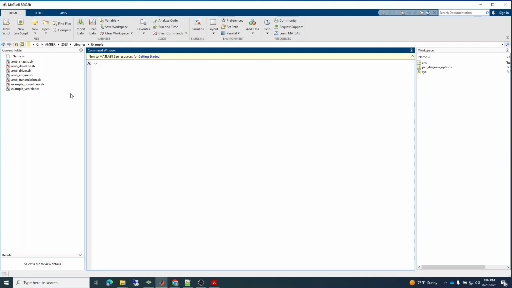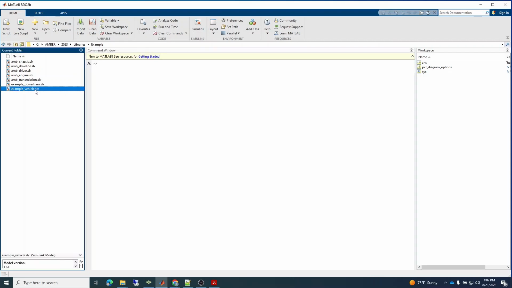Okay, in the previous videos, we took the example vehicle and broke it up into individual component models: driver, engine, transmission, driveline, and chassis, and then created one top-level architecture file for it, which we'll later import into the user interface. But the next step we'll do is take the initialization file, which can be found